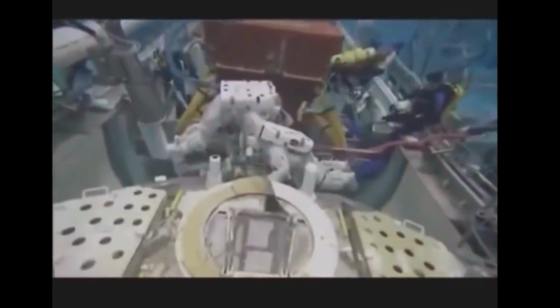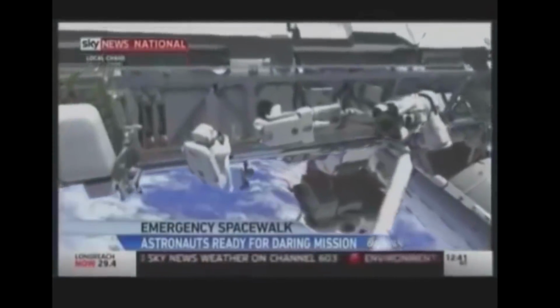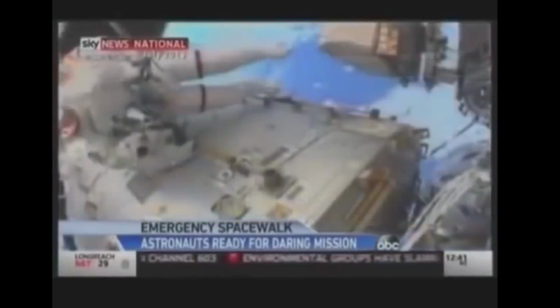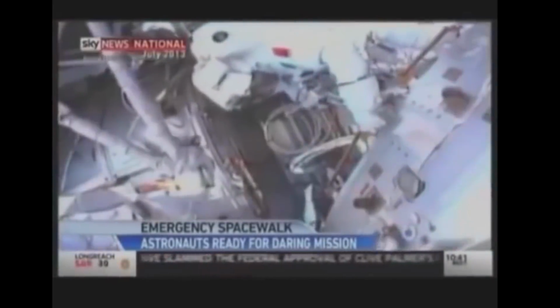Walks. These are faked inside a swimming pool. It's a custom-built swimming pool, and that's a great way to fake zero gravity. About 6 months ago, in 2013, a gallon of water leaked into one of their spacesuits in a matter of seconds. NASA doesn't really have a proper explanation for how on earth this could have happened. There shouldn't be water leaking into someone's...